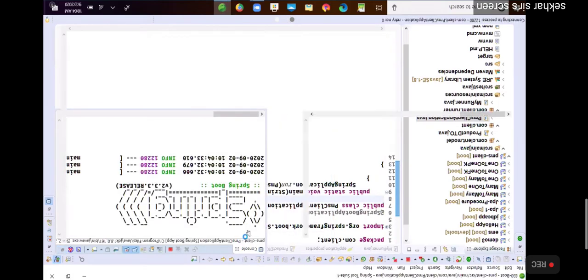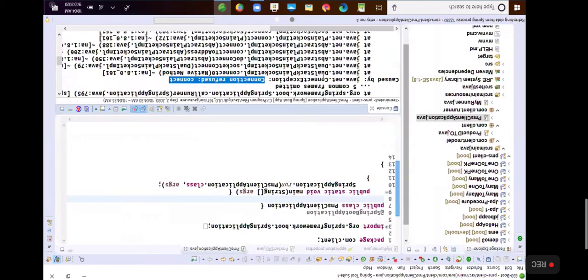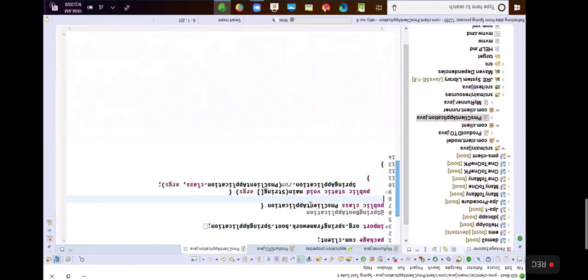And now you can see the exception, connect exception, connection refused. Why? Because the port number 2324 is not running. So we got an exception here. Okay, now I would like to run this REST application first.